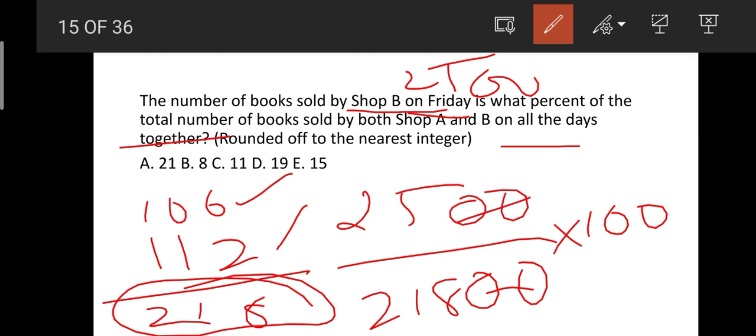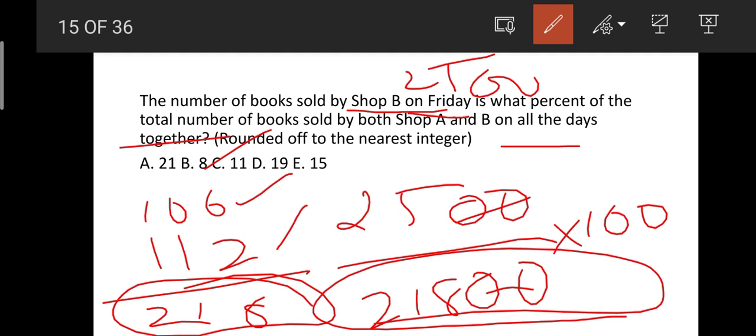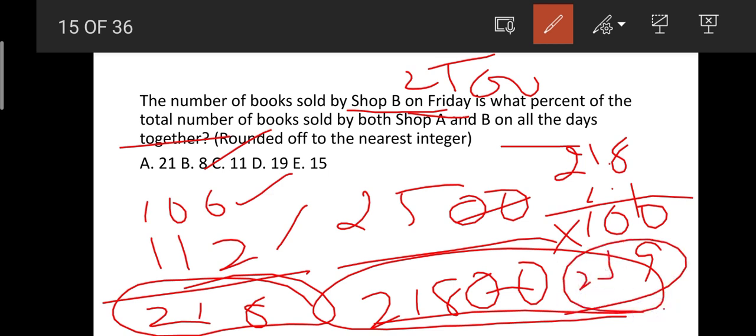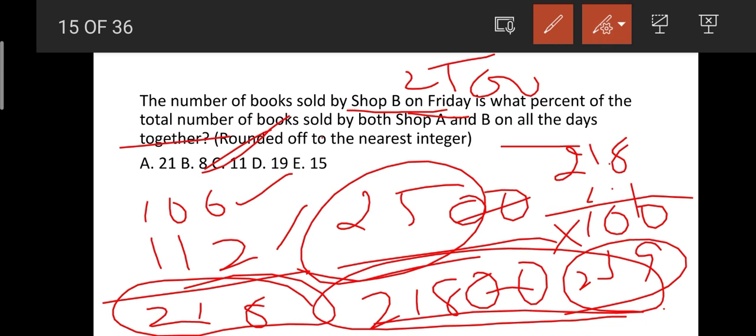If you calculate this, it will be approximately 11%. How did I tell that it is approximately 11%? If you take 218, 10% is nothing but 21.8, and then another 1% you can take as 2.1, so that you will be getting approximately 23 or 24, which is nearer to 25. So I have taken it as 11%, nothing but 10 plus 1, 11%. Okay friends, I think you understood, or else we will go through the next question.